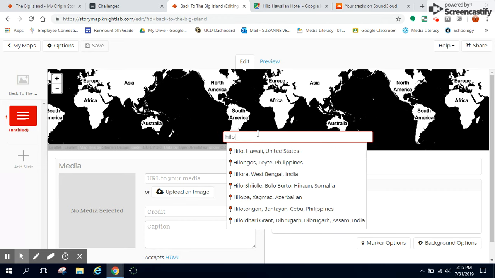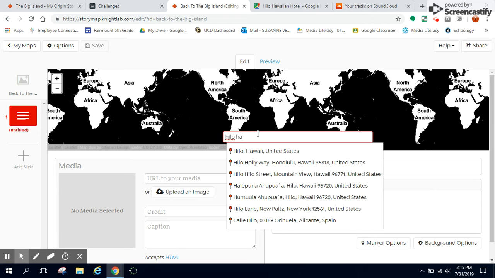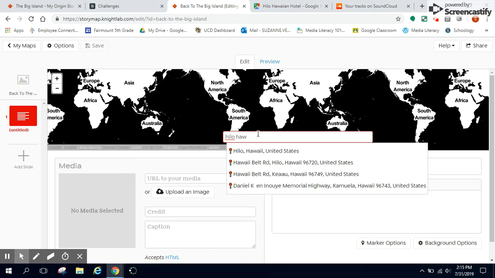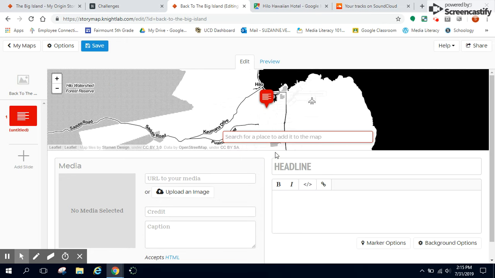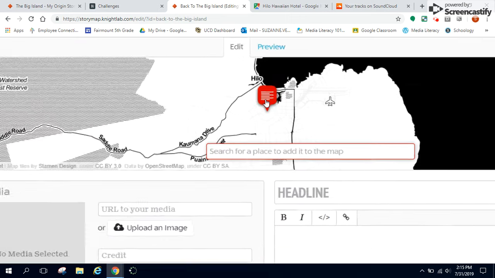But I'm just going to type in up here. Let's see. Hilo. And probably the closest I'm going to get right at this moment is I'm just going to go to Hilo. Okay. And it's bringing up the map. And this is the little marker, this little red part right here. It's the marker option to show me where I am. And I actually am going to zoom in on that